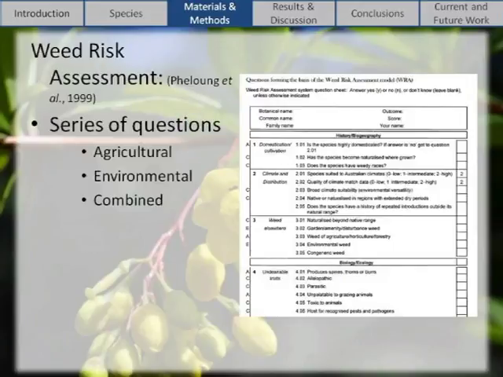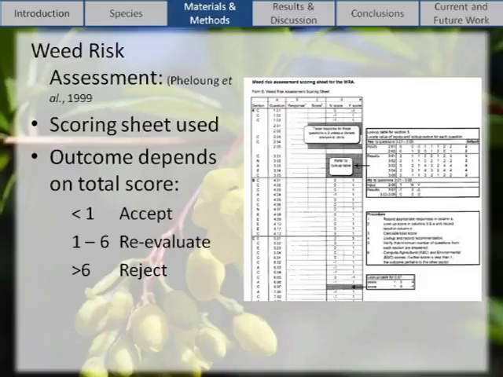And then finally I followed the Australian weed risk assessment protocol to get an idea of the risk that the species pose. So it's a series of questions which you research and answer, and then based on the answers you give, a score is allocated, and depending on the total score, the species is either rejected or accepted or re-evaluated. Now, since this was